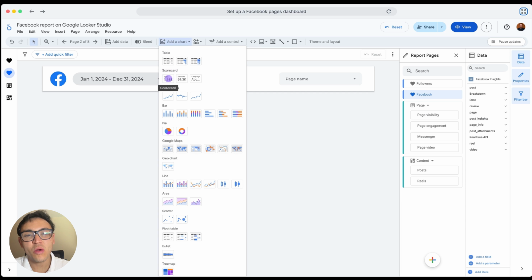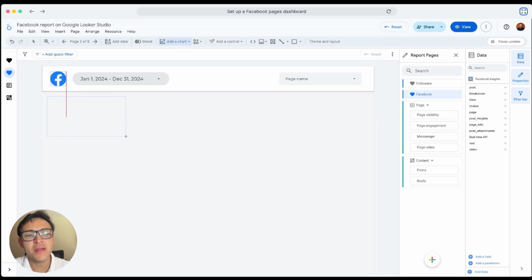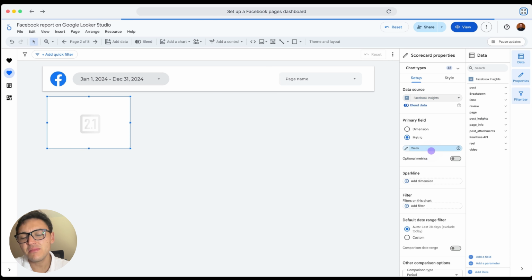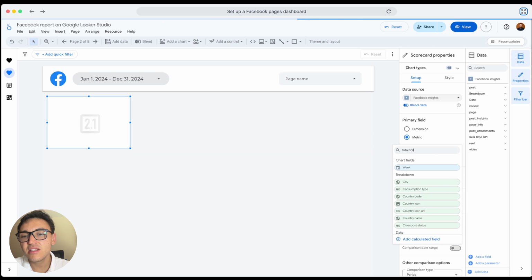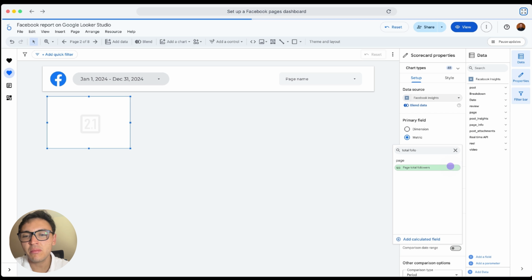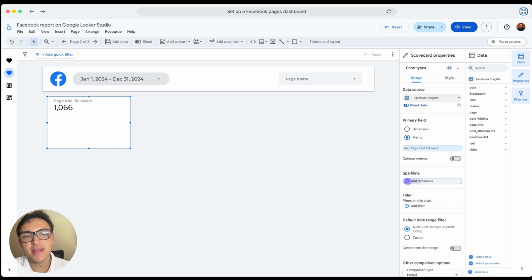So I will go to add a chart, I will select a scorecard, and I will paste it here. Maybe the first metric I want to visualize is total followers. I will say it is the most common metric that we visualize on Facebook pages. Here I will add a sparkline. I want to see this data over time, so the dimension that I will use will be date, and I